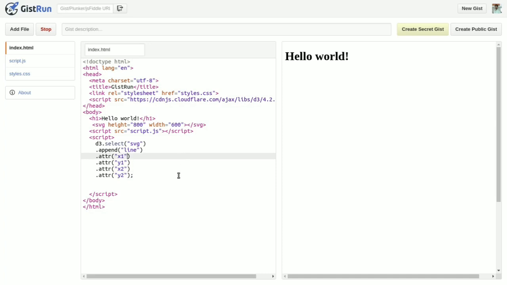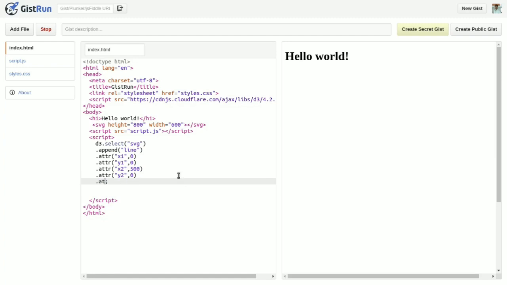So I am giving x1 as 0, y1 as 0, and since I want to draw a horizontal line, x2 as 500 and y2 as 0.